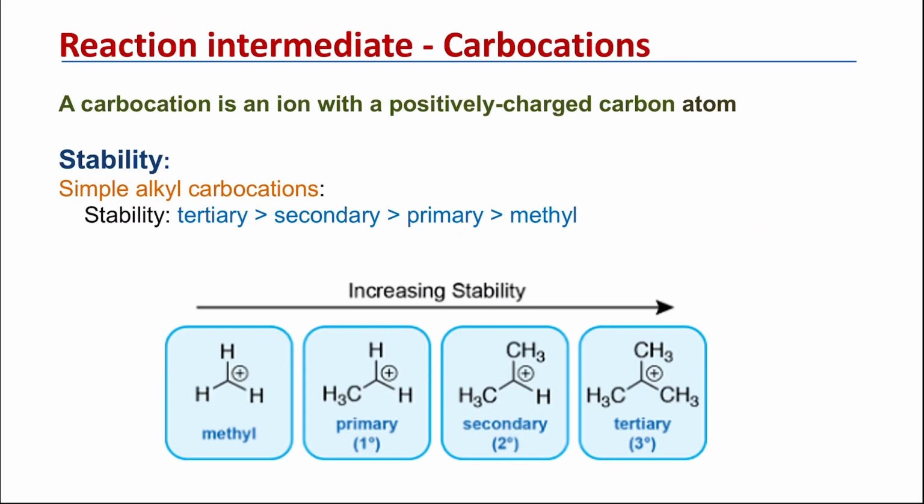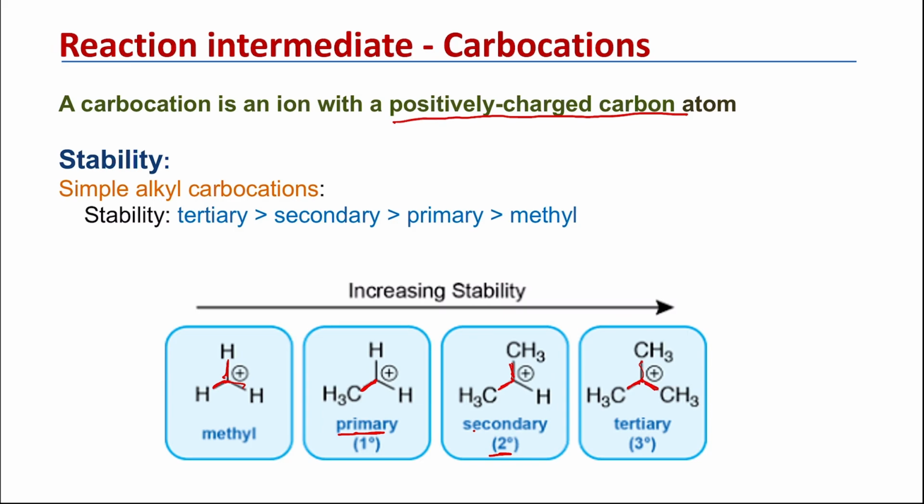So let's have a look at the reaction intermediates, the carbocations and their stability. A carbocation is an ion with a positively charged carbon atom, like the one we just have seen. We have four different types of carbocations. We have the methyl carbocation, which has a carbon with a positive charge attached to three hydrogens. Then we have the primary carbocation, where the carbon is only attached to one carbon and two hydrogens. And then we have the secondary carbocation, which has two carbons attached to it,